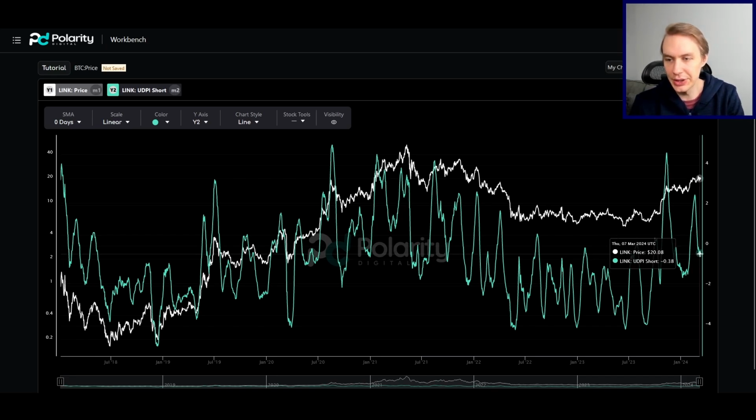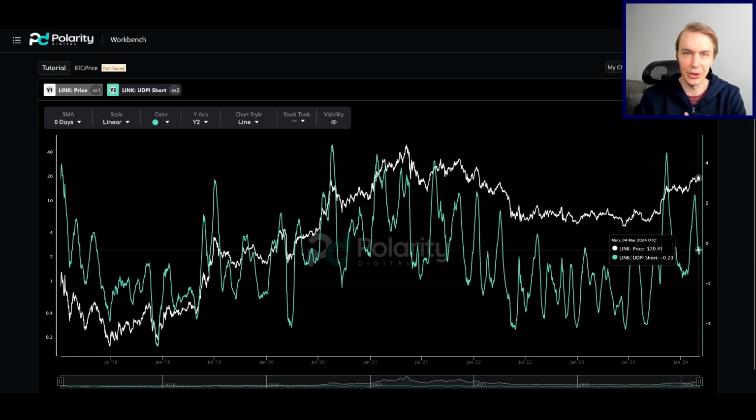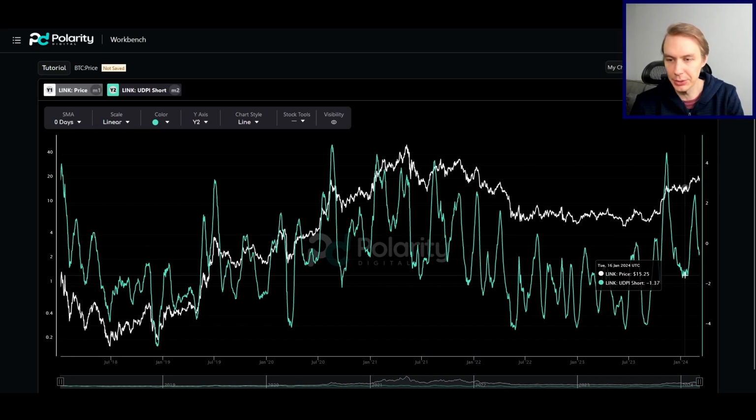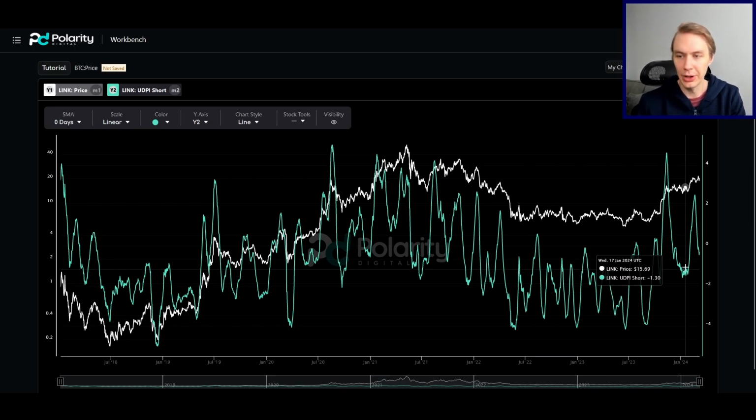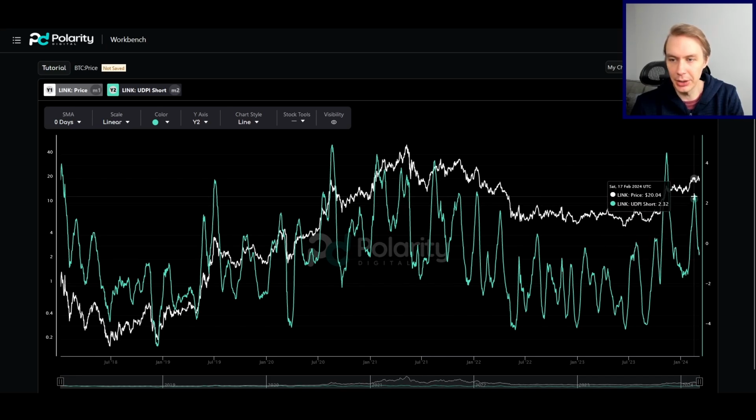Now, I don't know if this is low enough to really be that staging ground for the next rally. It might be that this needs to cool off further, maybe back down to levels that we had back here, or even, ideally, further, because then when we get there, if Link decides to run, it'll have more room to work with. So right now what I'm seeing, I think the possibility of some upside is certainly better than it was here, and obviously way better than it was all the way back here.